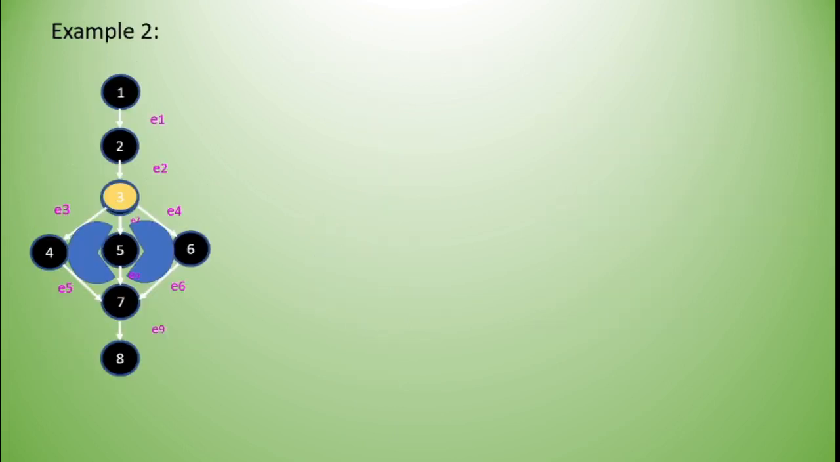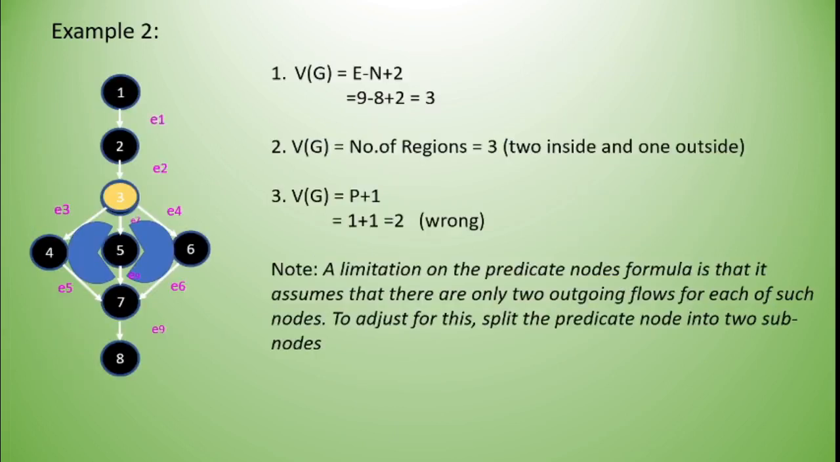But in the next example, consider this. Formulas 1 and 2 give the same number, 3, as the cyclomatic complexity. But the third one gives a wrong answer because there is a limitation on the predicate node formula. Here predicate node 3 has 3 emanating edges: 4, 5, 6. So P plus 1 will give 1 plus 1 is equal to 2. In order to adjust this, we have to split the predicate node into 2 subnodes so that we can